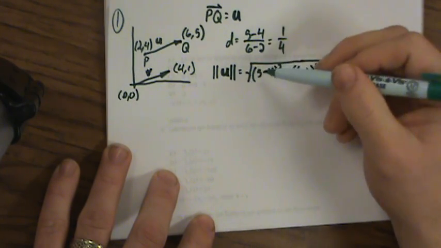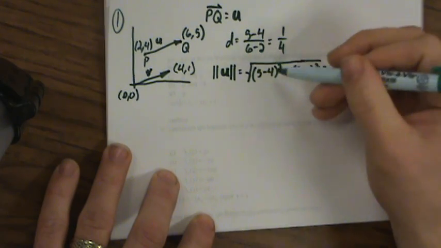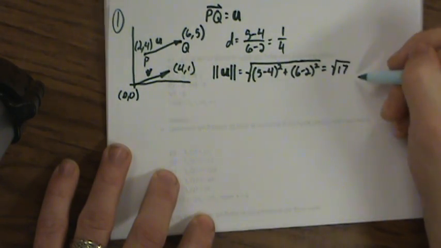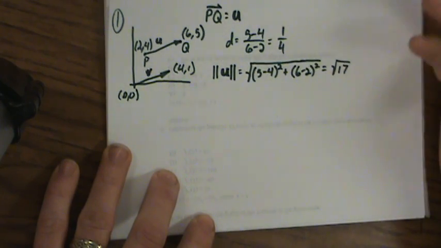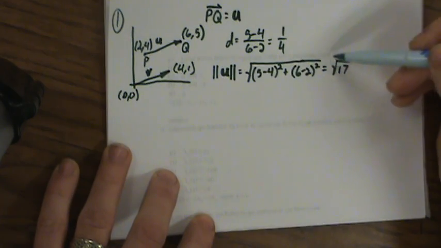I square that, I get 1. 6 minus 2 would be 4. 4 squared would be 16. So this is 16. We just said this was 1. 16 plus 1, that gives me the square root of 17. There it is. It's not a fantastic number, but it is a number, and it is something we could compare